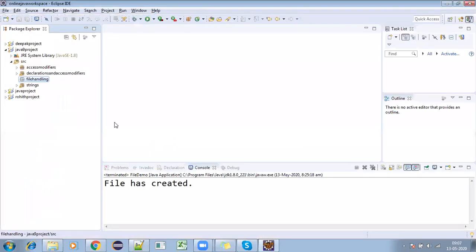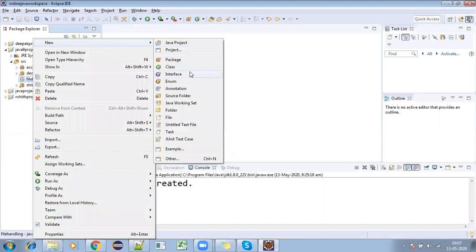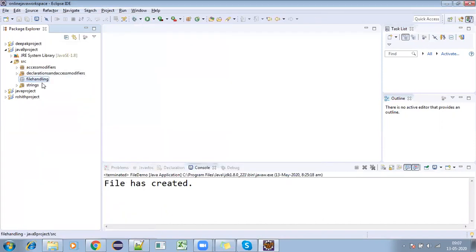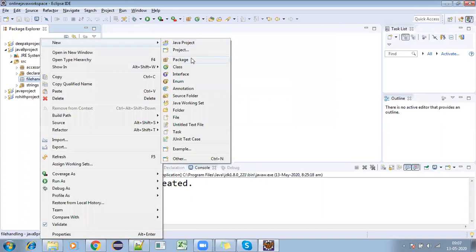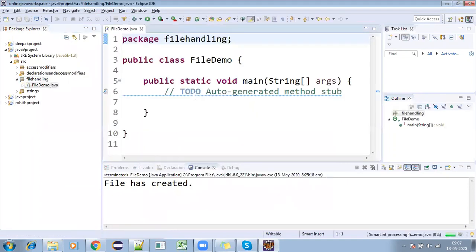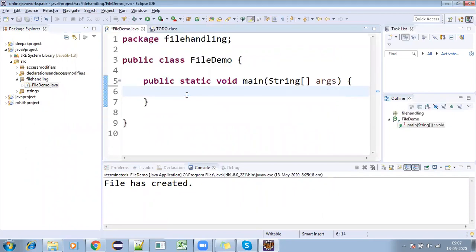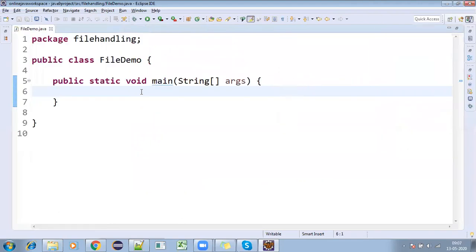So first we'll be going with the file concept. I'm creating a file. In this class, I'll be creating a file. So File f equal to new File.